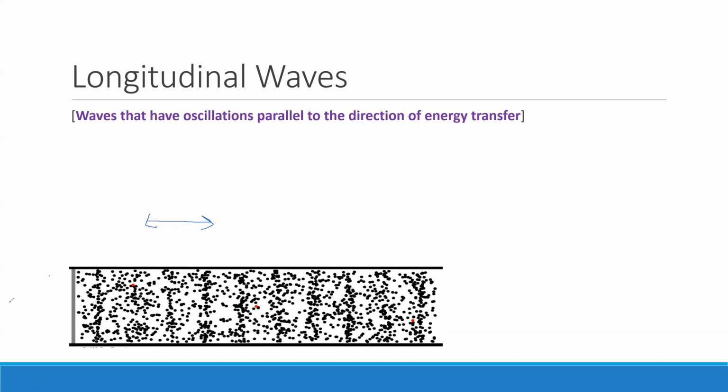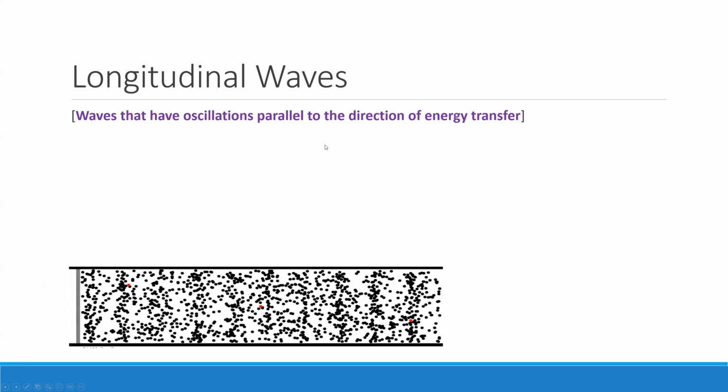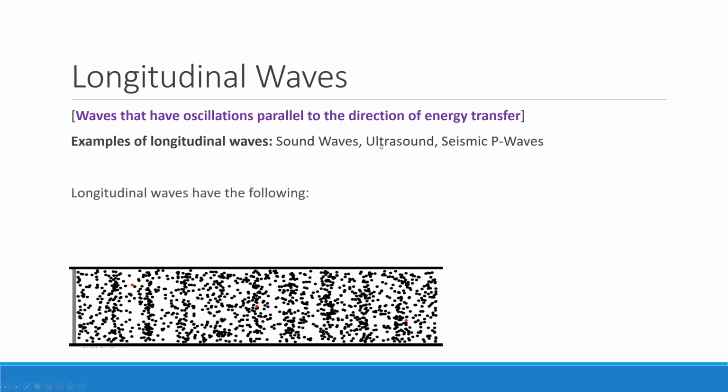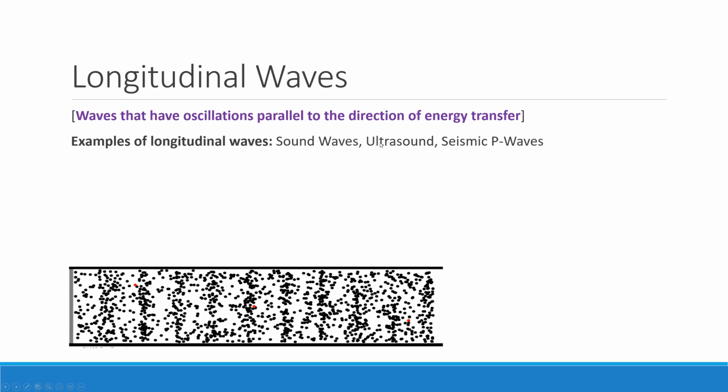So you could think of it as maybe a human speaking and your voice box vibrating, causing the air molecules next to it to also vibrate. And now the sound wave is going from left to right, but the particles are also vibrating left to right. So what we can say is that the oscillations, the vibrations, are parallel. They're in the same direction as that of the energy transfer. So if a wave satisfies this condition, then we call it a longitudinal wave. Examples are sound waves, as we could see below.